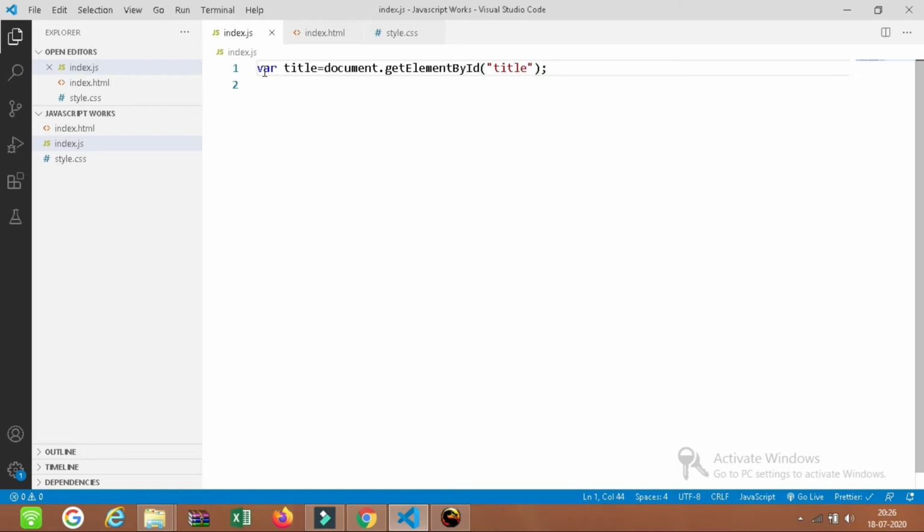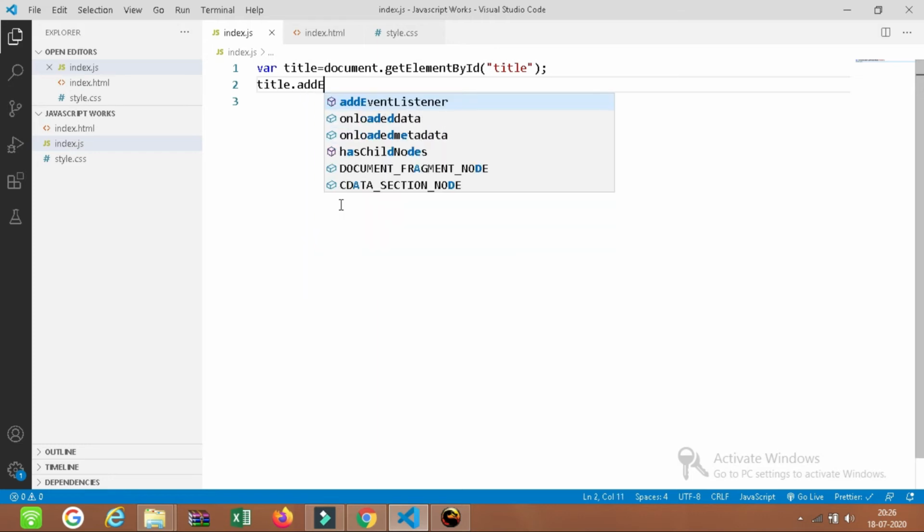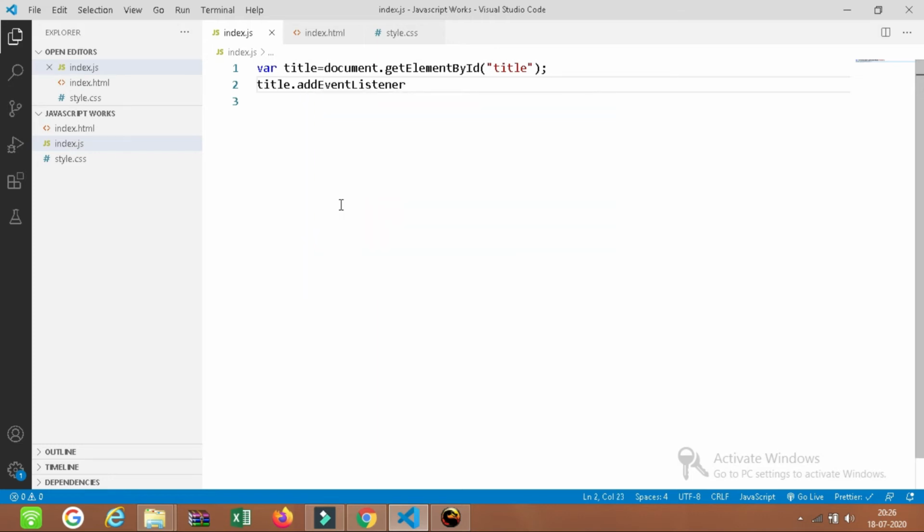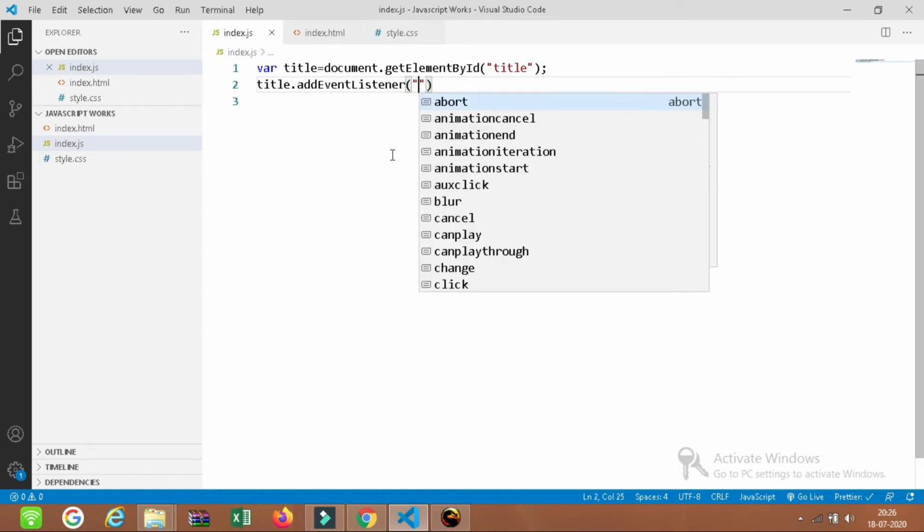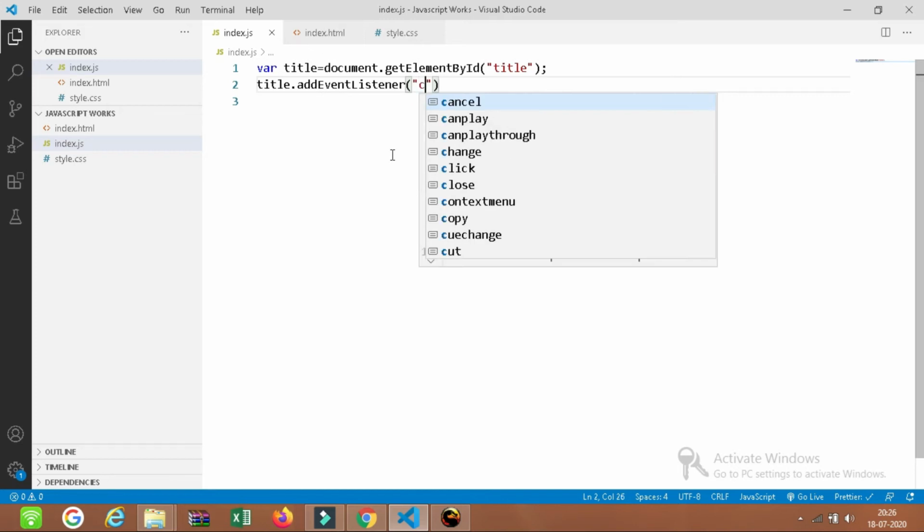Now we will add an event corresponding to this title: title.addEventListener. That's the method used to add events. First, we specify the event. We have to add a click event, so I will type click.